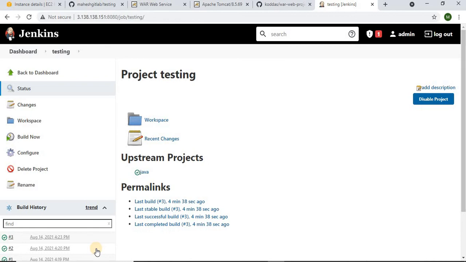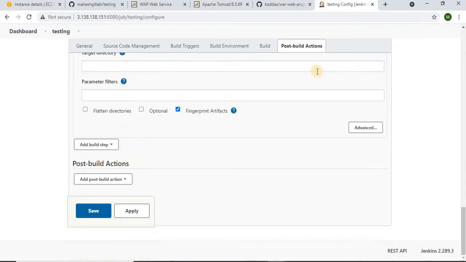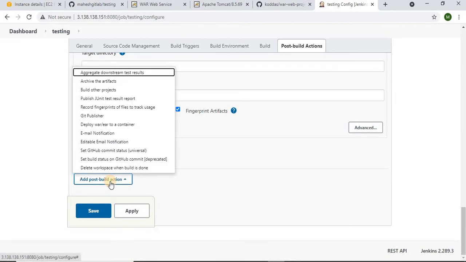On the testing job only I am writing the production step as well. For that I need artifacts from Java. So I asked Java to archive the artifacts, and I've given the same Java details in testing: please take artifacts from the Java project. Okay, once this is done, we have to configure something again. Configure, post build actions. Okay, add post build action.